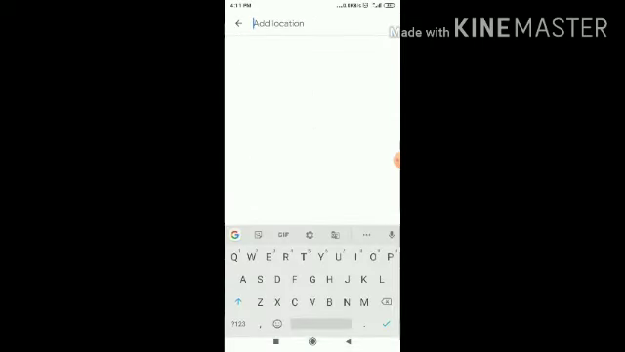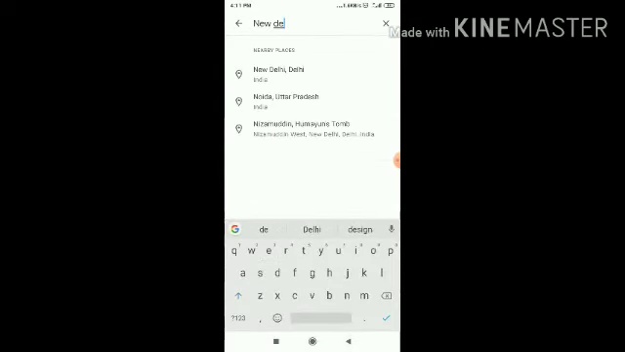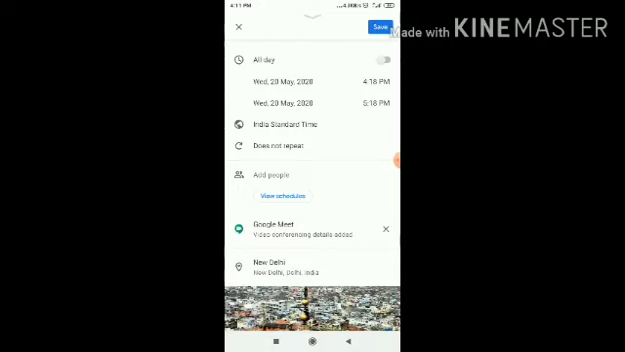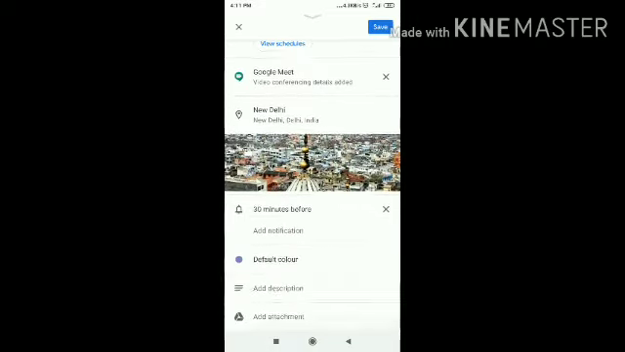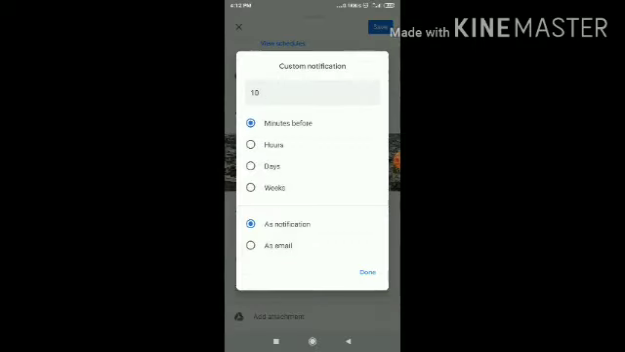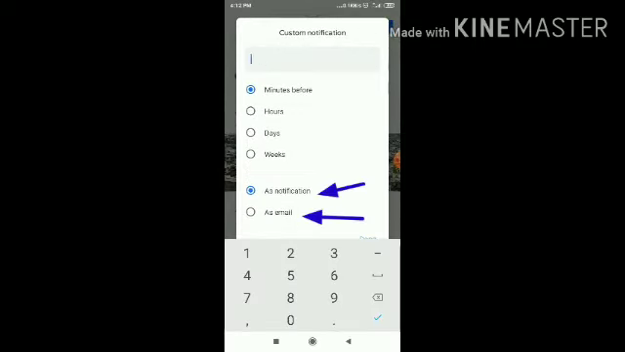And then add location, where I'm going to conduct the meeting. I will just give New Delhi. This is just giving the picture of New Delhi. And then add notification, if you want a notification before. So I will add 5 minutes before. I want Google Calendar to notify me 5 minutes before, and it is giving me an option of a notification or an email. I will say notification. If you say email, an email will come in your inbox. So I will say done,